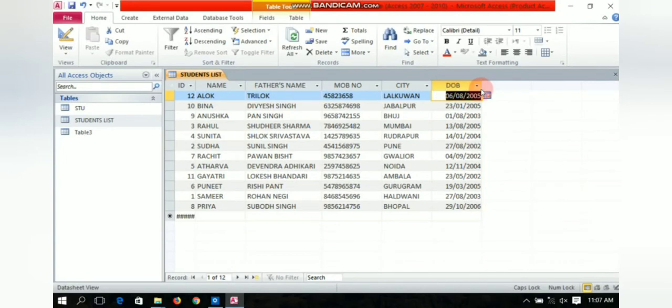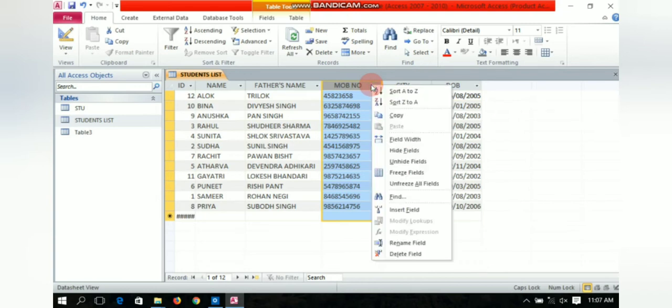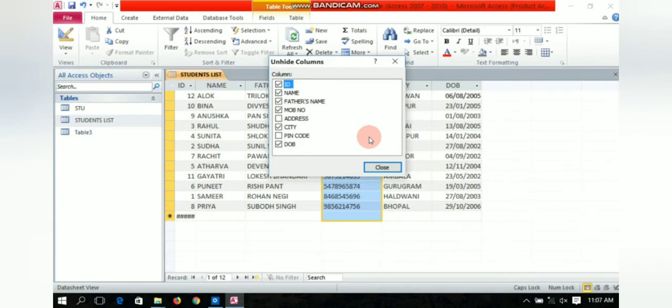Now if you want to unhide the same column that you hid, then what you have to do is click on any field, then right click here. After hide fields, you will find unhide fields, okay? See, the list of columns will be here: ID, name, father's name, mobile number, address, city, pin code and date of birth.